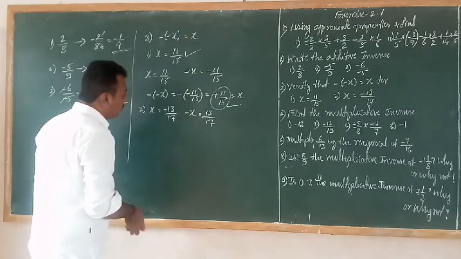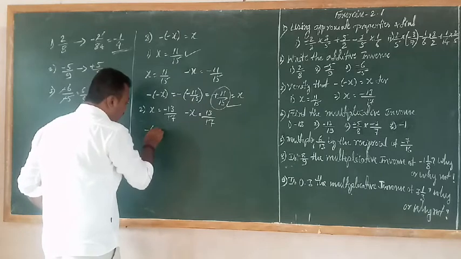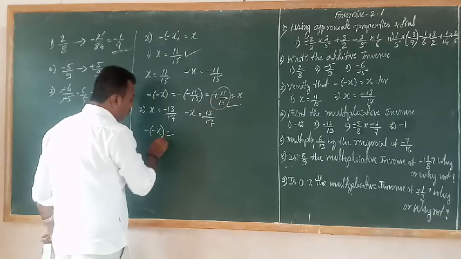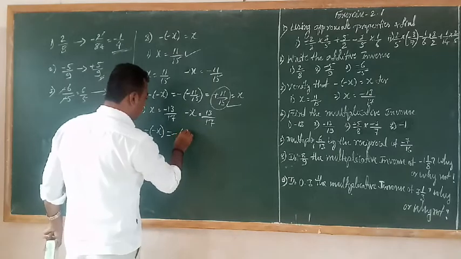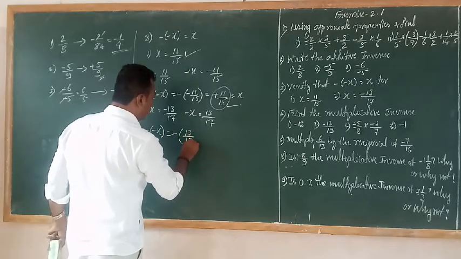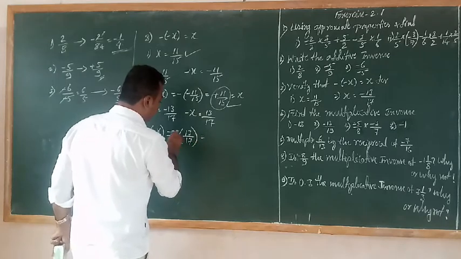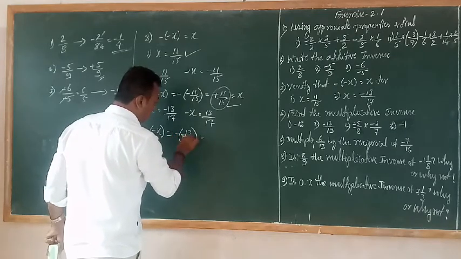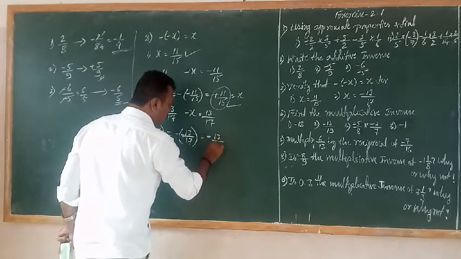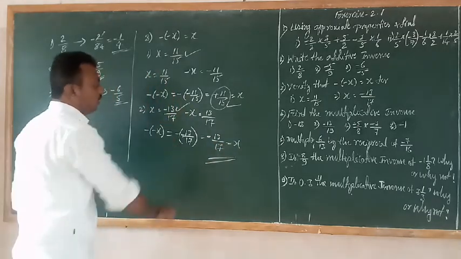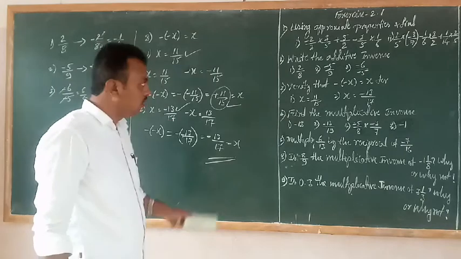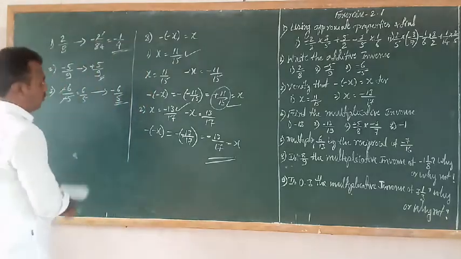Got it? So now we have to substitute here minus of minus x. Minus of minus x is 13 by 17. So minus, this is minus, this is plus, minus into plus is minus 13 by 17. So what is this? x. Minus 13 by 17 is x. Understand, students? So like this we have to solve it. So now